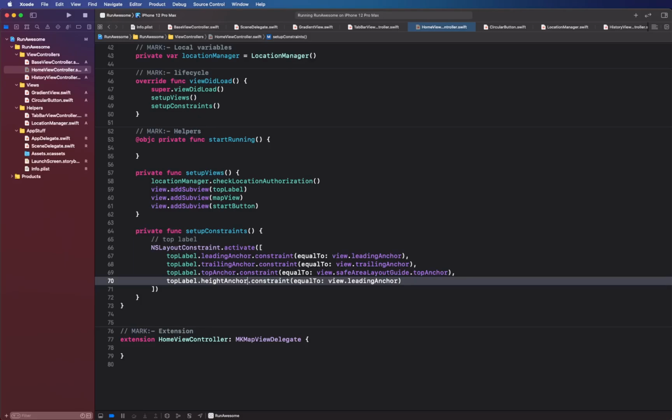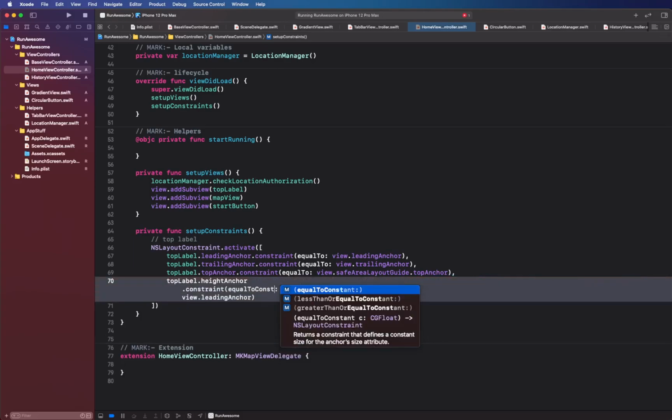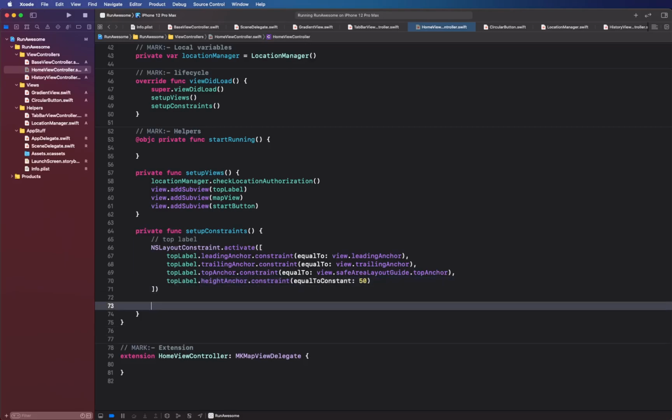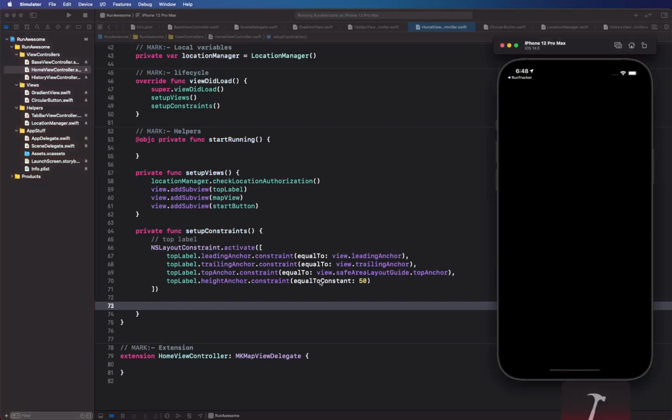Now we're going to define the height for this guy, and I'm going to say height is going to be constraint equal to constant, which is the overload that I'm going to use, and I'm going to say the height for this guy is going to be 50 points. Okay, so that's our top label. Okay, and if I run this right now,